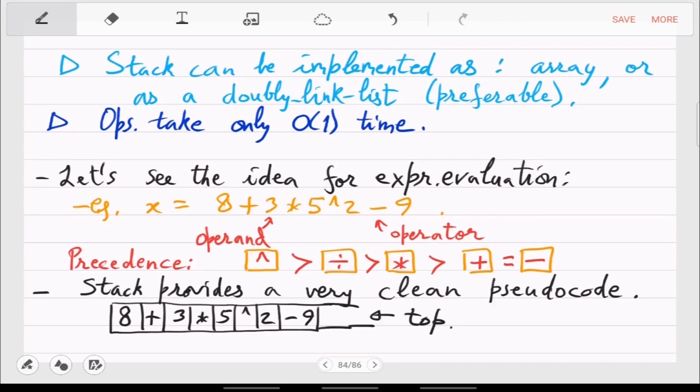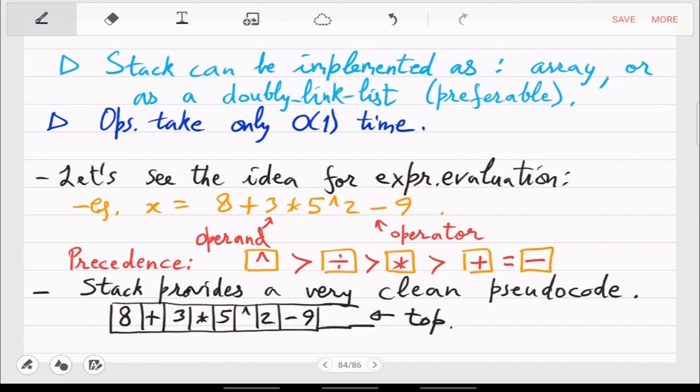We'll see 8, then plus, then 3, then star, then 5, then wedge, then 2 and minus. Now when you see wedge, there has to be a rule which says that wedge has to be calculated immediately, unlike plus. You did not decide that 8 plus 3 has to be calculated immediately. So the pseudocode at that point should not say immediate calculation, it should wait, and it should attack only when it sees wedge. We have to set up a logic tomorrow of how wedge is different from the previous operators that we saw.